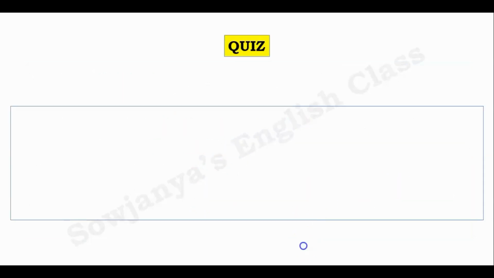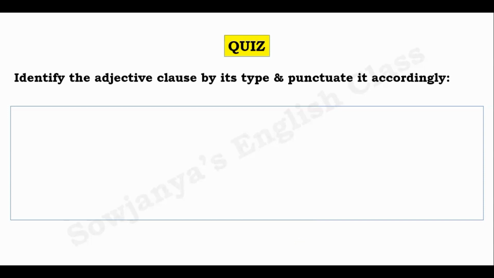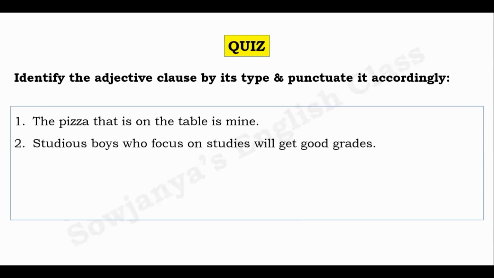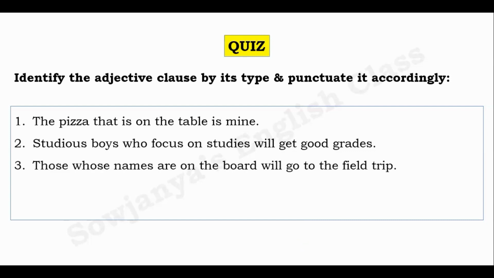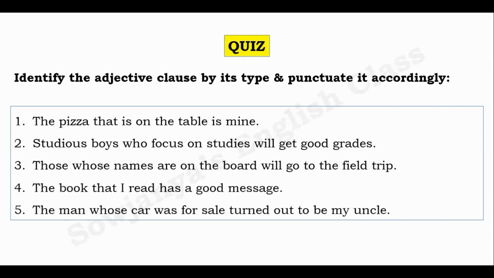Time for a quiz. Identify the adjective clause by its type and punctuate it accordingly. The pizza that is on the table is mine. Studious boys who focus on studies will get good grades. Those whose names are on the board will go to the field trip. The book that I read has a good message. The man whose car was for sale turned out to be my uncle. So these five sentences, you are supposed to identify the adjective clause used in these sentences by its type and